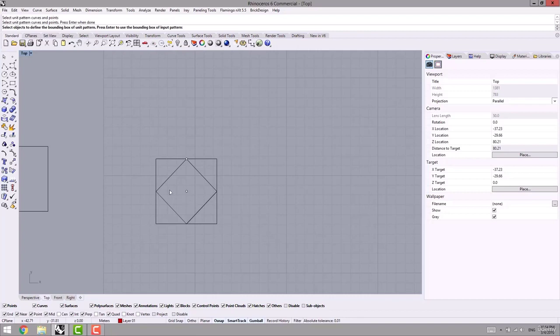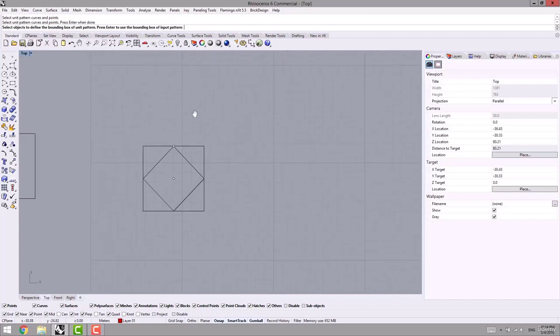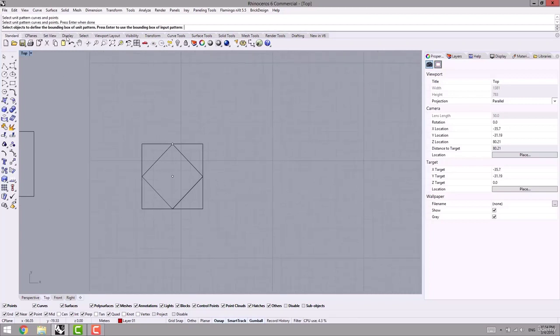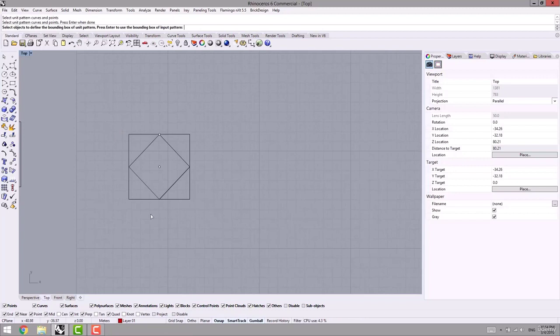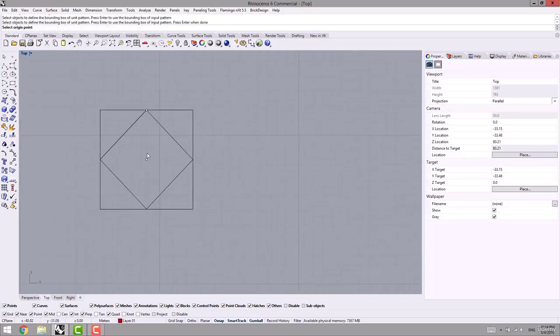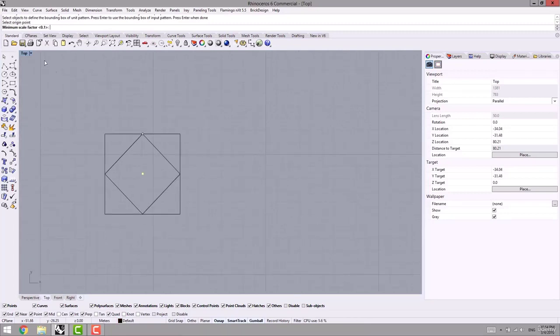And with the commands that we talked about, we have to determine the line around our shape. So in the part that asks for the boundary of your shape, I select this square and select the origin point, a certain point of the shape,